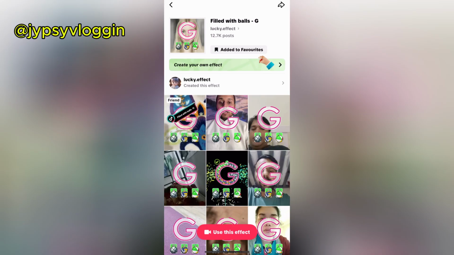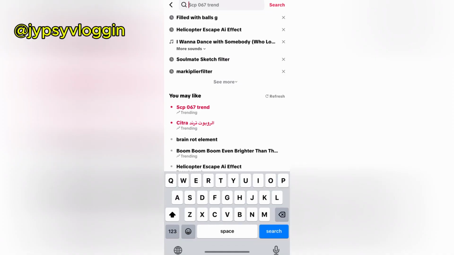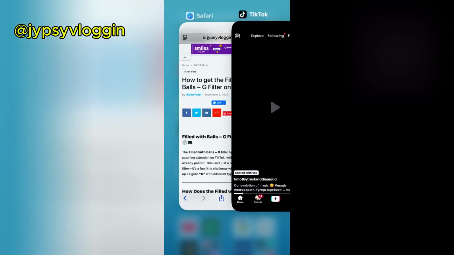Now from here you can add it to your favorites. And at the bottom of the screen you will see use this effect. You can tap there to use the effect. Okay, and suppose you are not getting the effect like this, then what you can do,